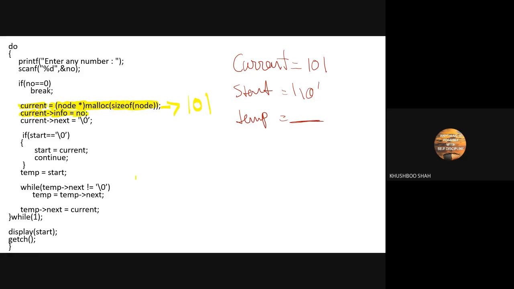What am I doing with this line? We are initializing the value of NO into info. Not initializing, we are assigning. There is a difference. We are assigning the value of NO. Where are we assigning it?